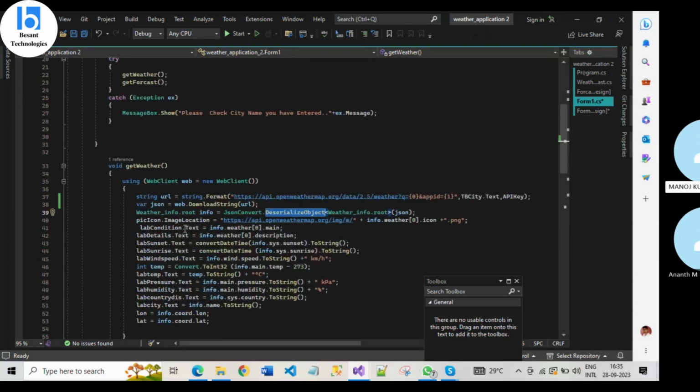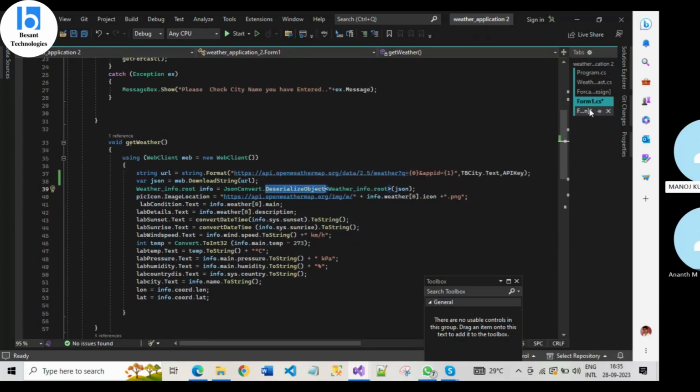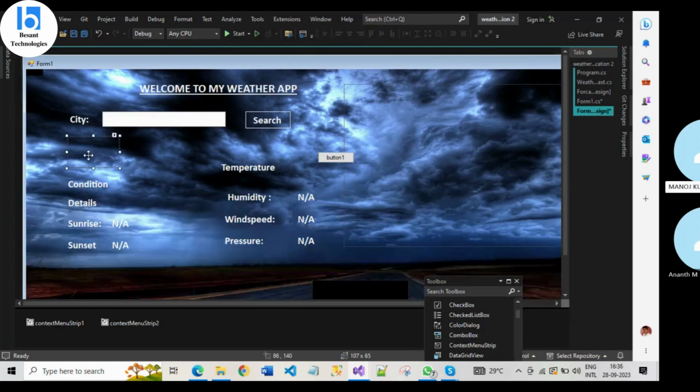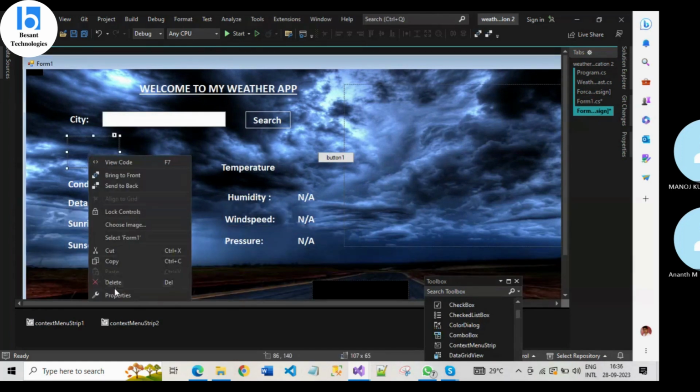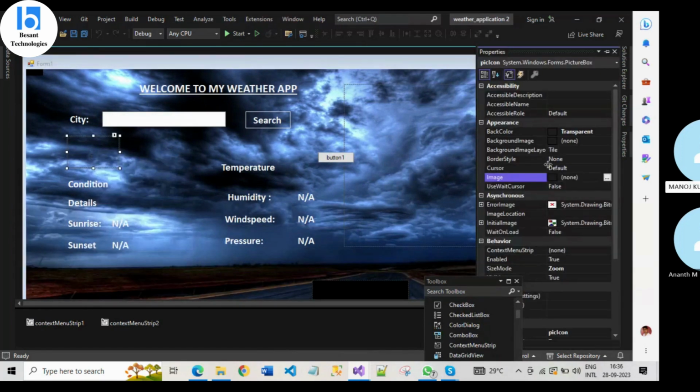And I'm using a pick icons image. So I'm defining the UI part. In the UI part I'm using a picture box. For this I just define all the things, and